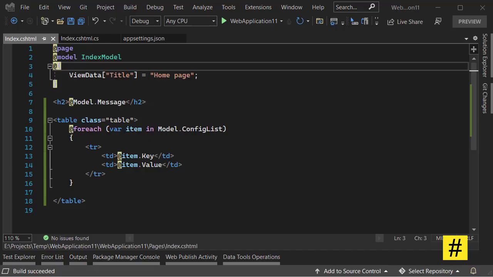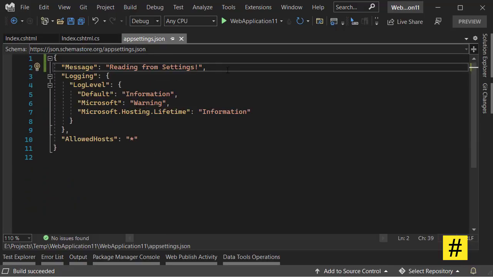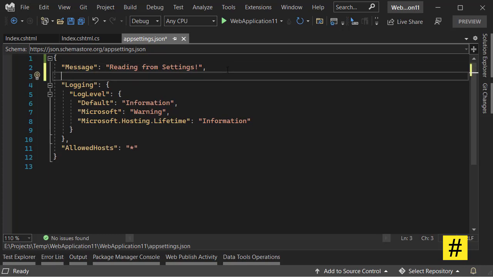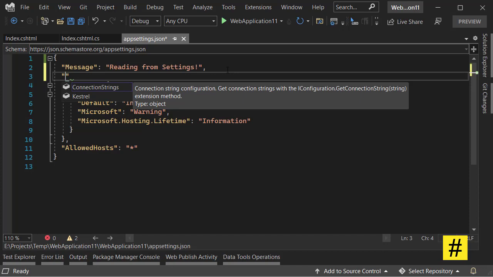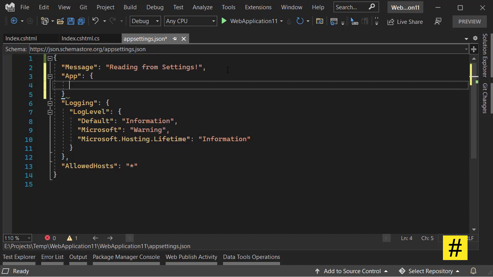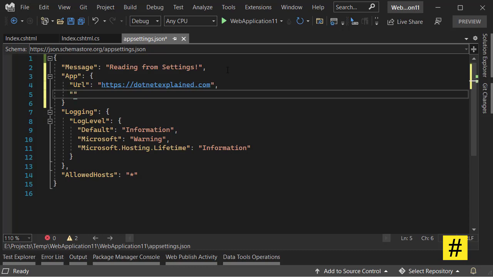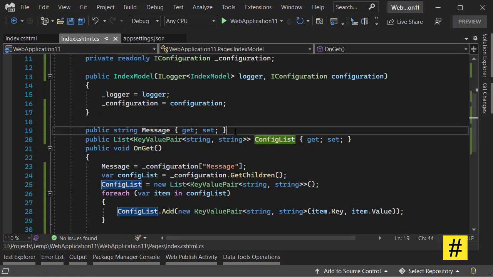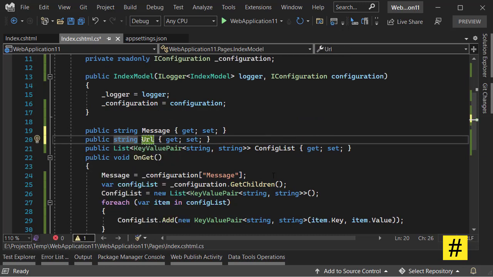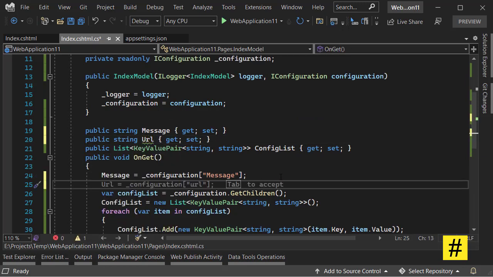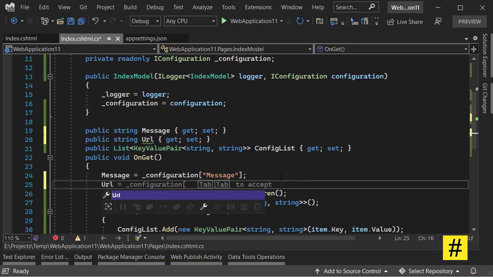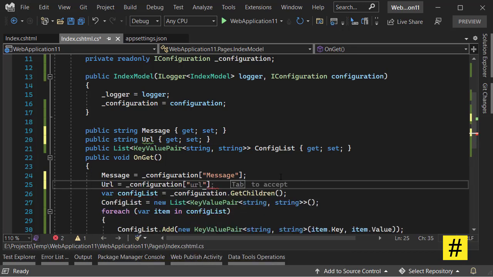configurations. Let's go to Appsettings.json, and this time add a branch like app, and have something like this URL, and let's add year as 2021. Let's save everything, and I can also access these values, and to read these I can always use configuration, and